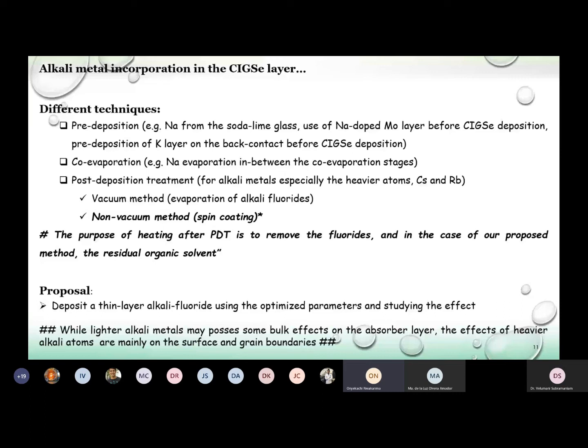But in our study, we are trying to propose a new method, employing a non-vacuum method for depositing these alkali fluorides, in this case using the spin coating method. And then after that, we will apply some heat treatment to remove the organic residue or solvents attached, to be left with only the alkali metals. For this study, we intend to deposit a thin layer of the alkali fluoride using optimized parameters, and